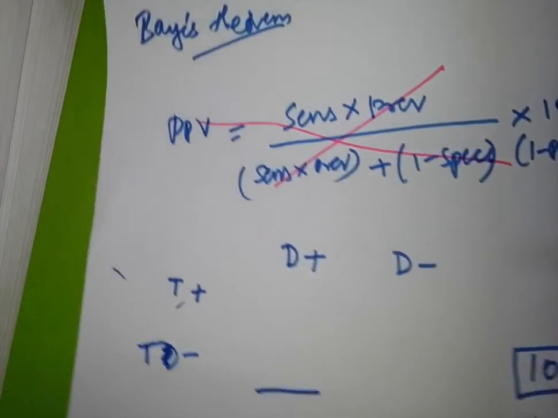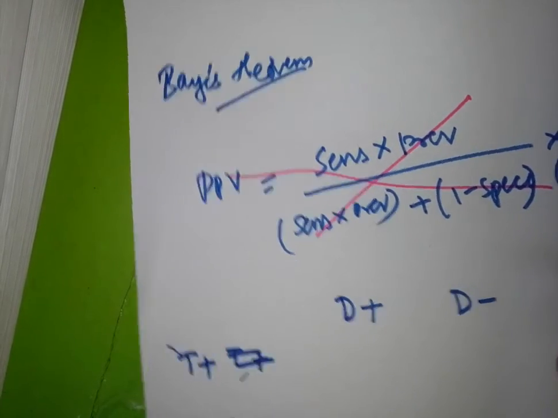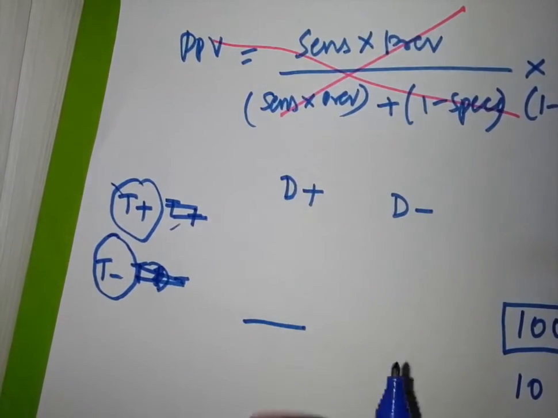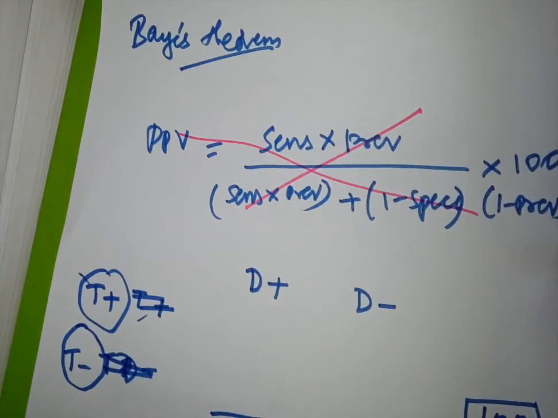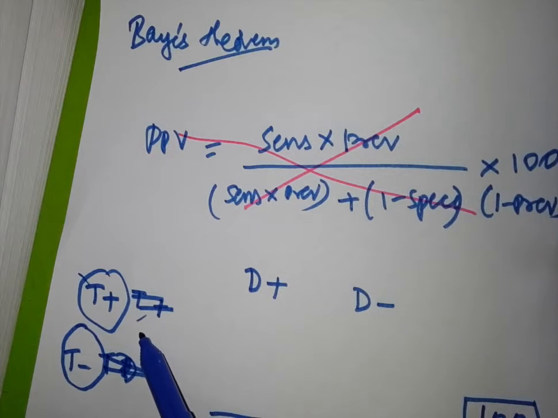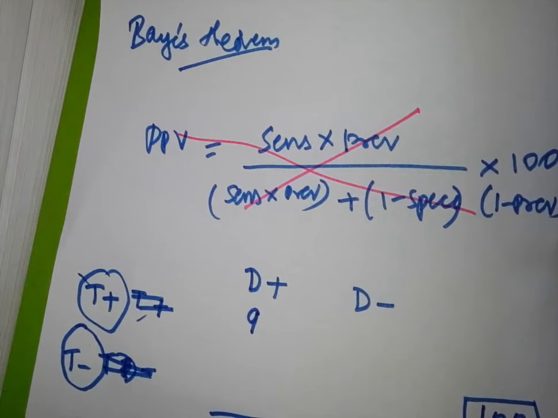Test positive and test negative should add up to 10. Out of which sensitivity is 90%, means what? Whoever has the disease, the test has detected only 90% of them, which means 9 out of 10 have been detected. Disease positive and test negative will be 10%. So if the disease prevalence is 10%, 10% of that will be 1.